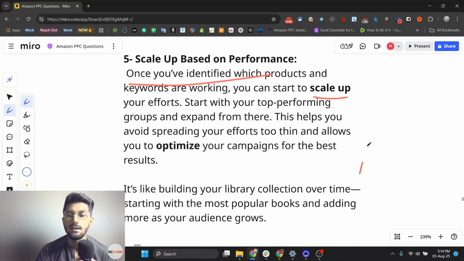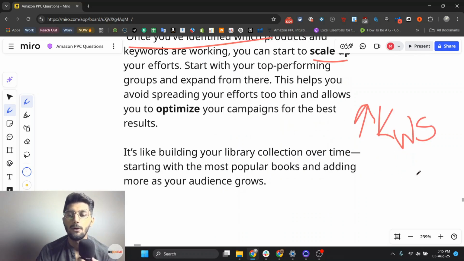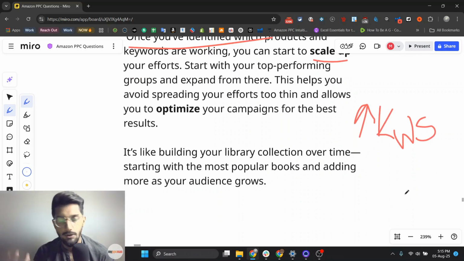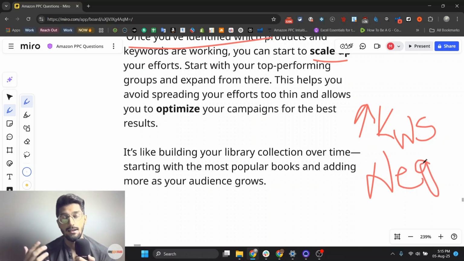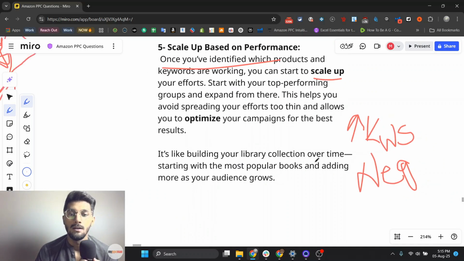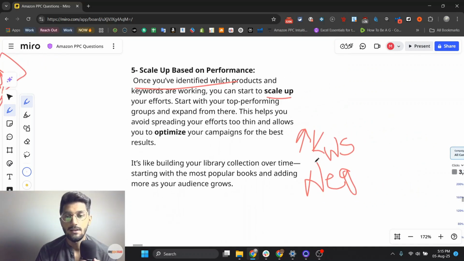So you are increasing your keywords every month or every quarter, as well as negating, because negations are actually as important as your best selling keywords are. So I hope you understand.